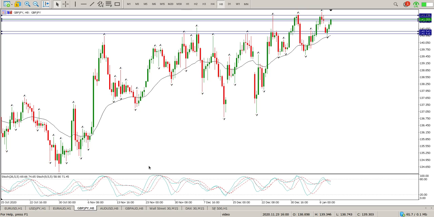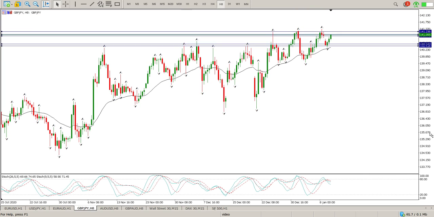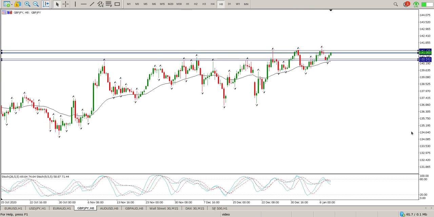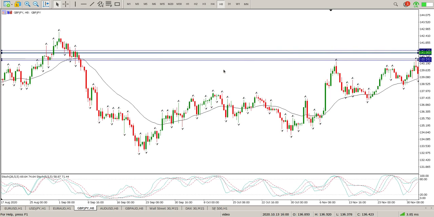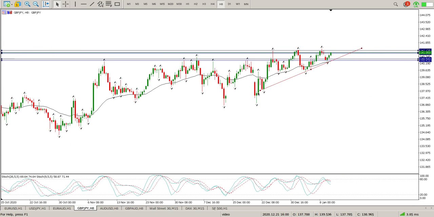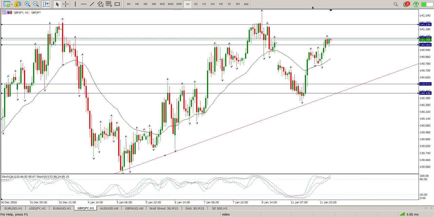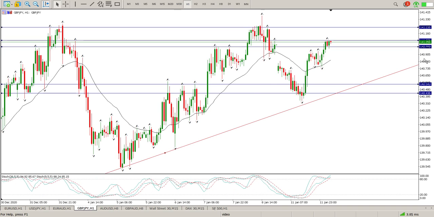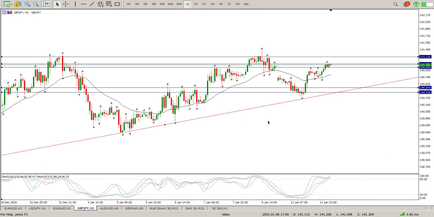British pound, Japanese yen. This is looking pretty interesting for a continuation to the upside. Looks like it's forming a triangle. There's my flat top triangle. So, you know, this is purely done on Brexit at the moment, so probably some stability coming back into the market. So I think we would be looking for opportunities for a move to the upside, but we are going